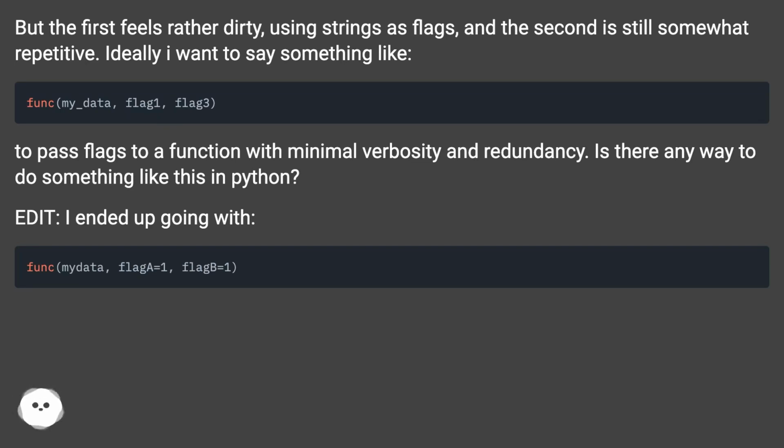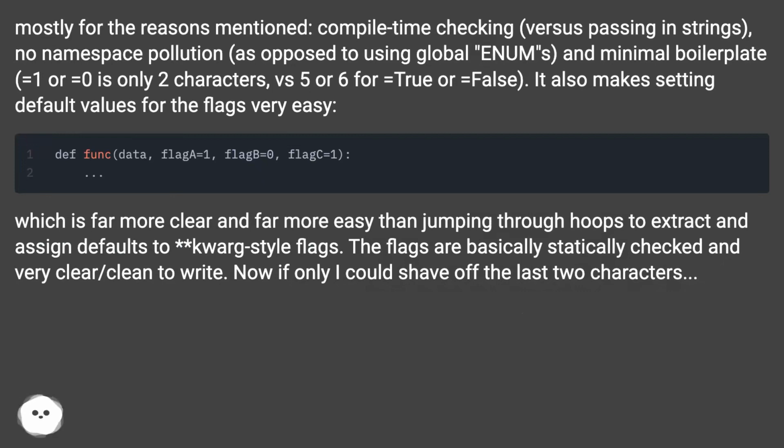Edit. I ended up going with this, mostly for the reasons mentioned: compile time checking, versus passing in strings; no namespace pollution, as opposed to using global enums; and minimal boilerplate, equals 1 or equals 0 is only 2 characters, versus 5 or 6 for equals true or equals false. It also makes setting default values for the flags very easy,